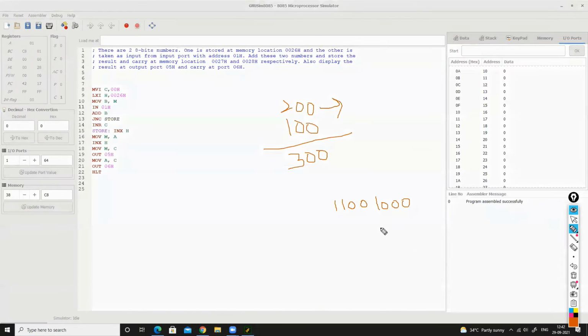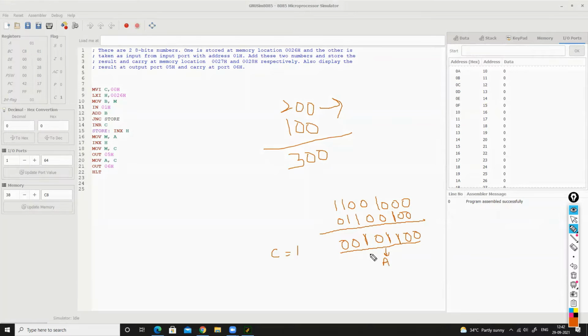And 100 in binary will be 01100100. This is 8 bits. Now let's do the addition. 1 plus 1 is 0, and the carry will be 1. So this will be the carry, and this will be the result that is stored in the accumulator.